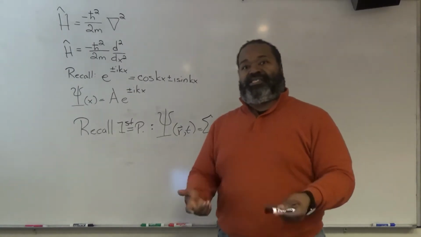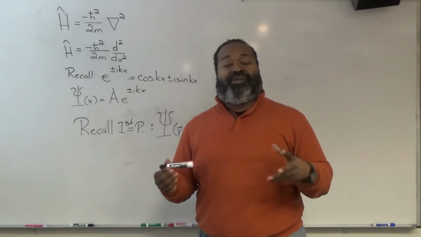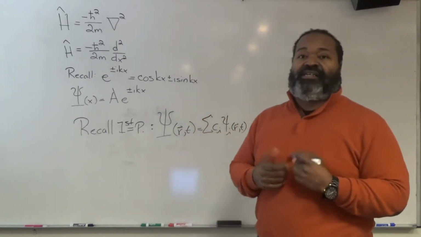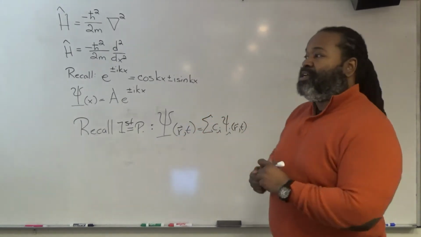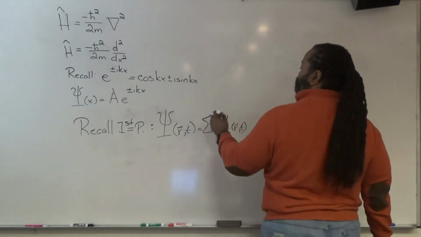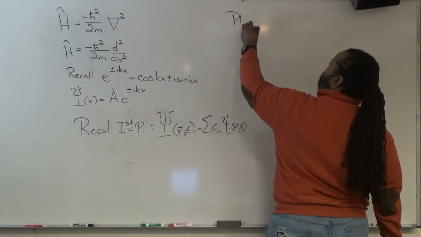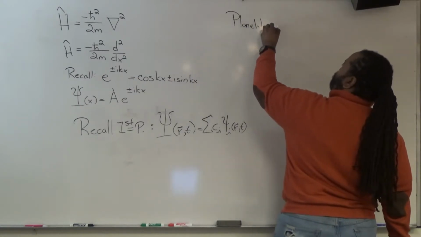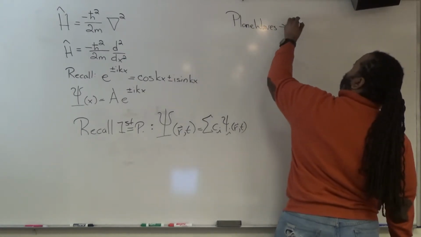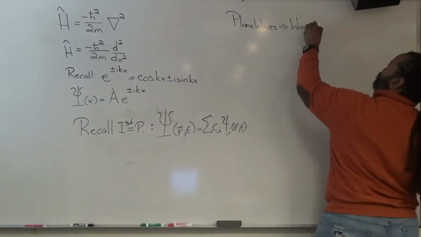And so this approach leads us to the big idea behind talking about a free particle. And that is that we can take a bunch of what we call plane waves and combine them into